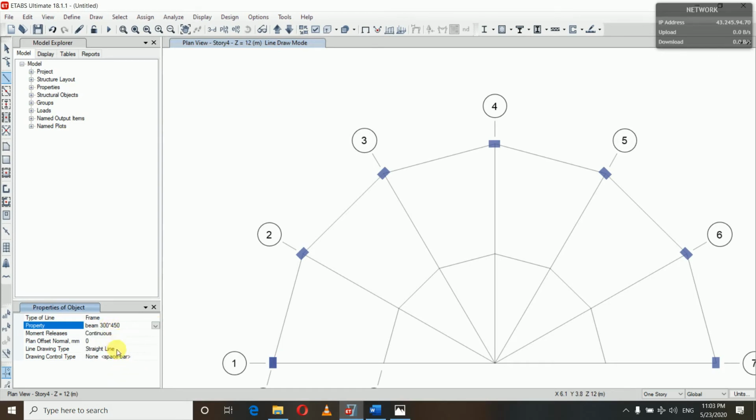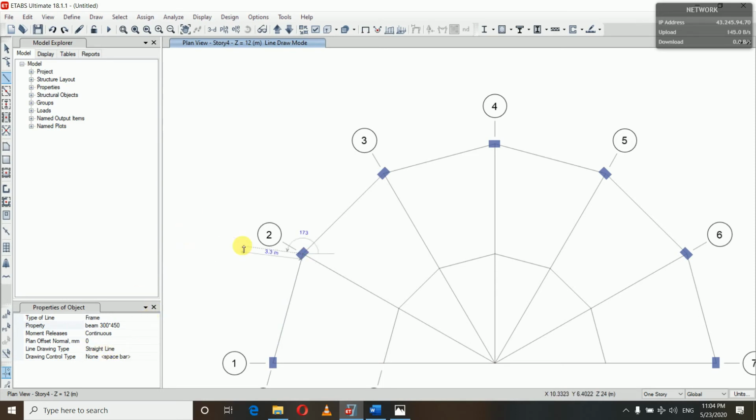Now in the line drawing type, suppose you have selected this straight line, then you just click here and click here, and you will see a straight line beam has been drawn here. But we do not want this, we want a chord beam. So we will undo this,